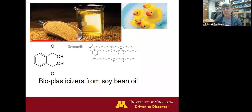So these duckies, for example, are softer, can be squeezed and things like that. But the issue you're having with this is because they're small, they're migrating out of the plastic. And then, for example, if a kid puts that ducky in their mouth, they're actually ingesting some of those plasticizers. So what this faculty is working on, and if I remember right, I think Alyssa actually worked for him for a while,